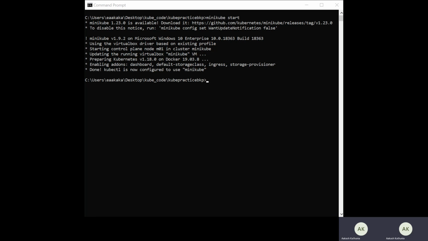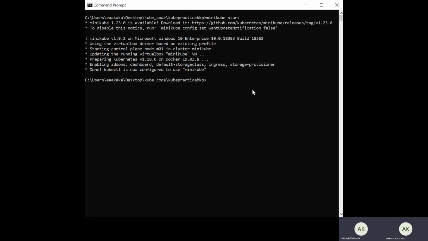Now onto this Minikube, we will create the multi-tier architecture. As we discussed, we need two pods, and on these two pods we will put the container images of WordPress and MySQL, and we will see how the image will be settled on this container.